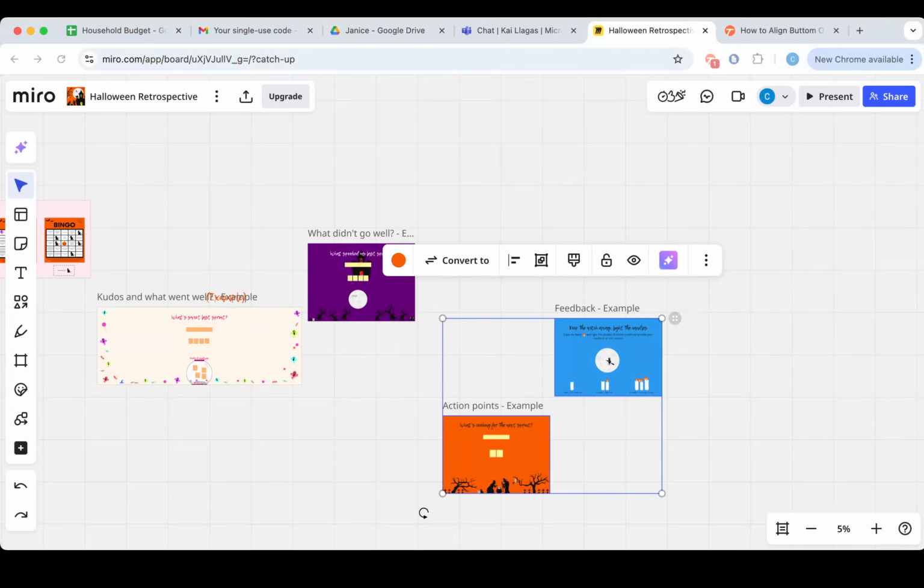In today's video, I'm going to teach you how to align bottom objects in Miro. Miro is a fantastic collaborative online platform used by teams worldwide for brainstorming, planning, and creative projects. One of the many helpful features it offers is the ability to align objects to improve the organization and visual